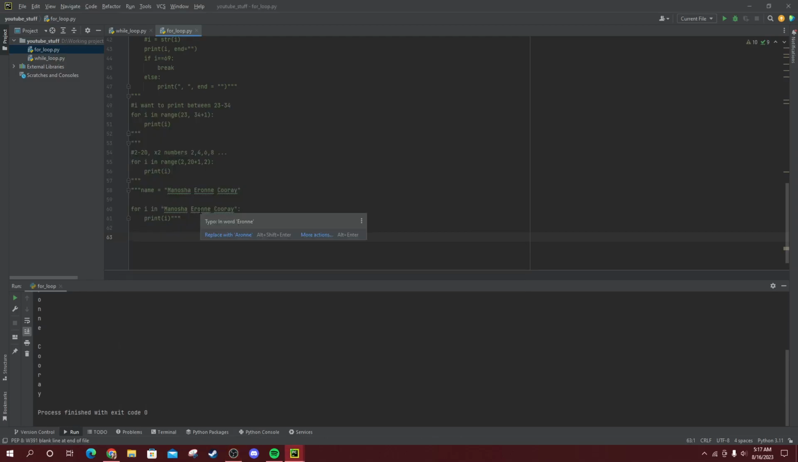In this example today for the for loop, we're going to print from 10 to 1. So how is it going to be possible? Let's start. For i in range, start from